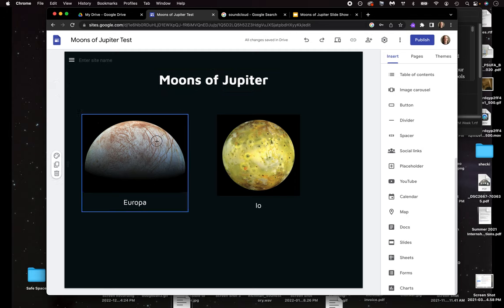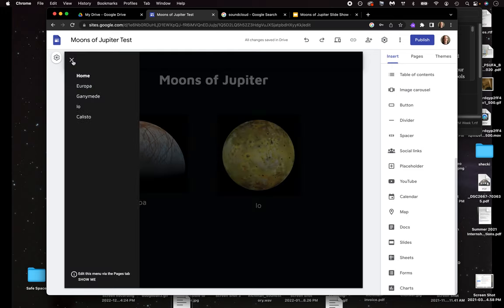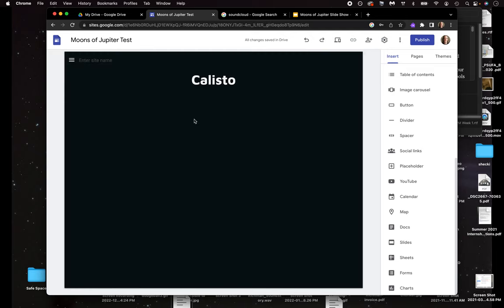So I'm here on my home page of my little project, Moons of Jupiter. I'm going to do these tests on a side page, or a sub page rather. So here's my home page. I'm going to navigate towards Callisto. I have here a sub page. So the two main ways you can import